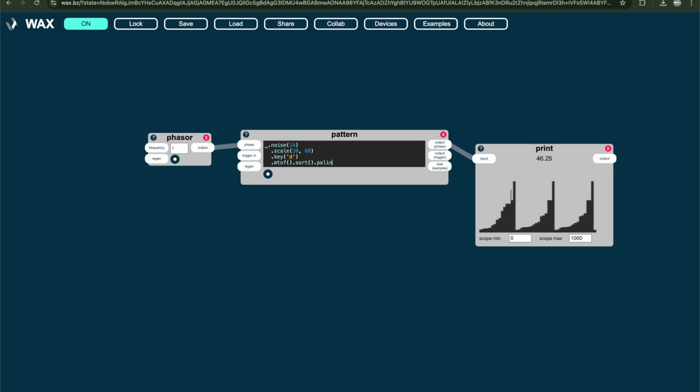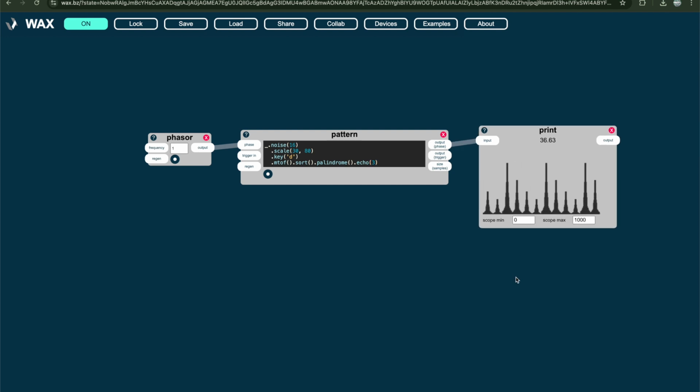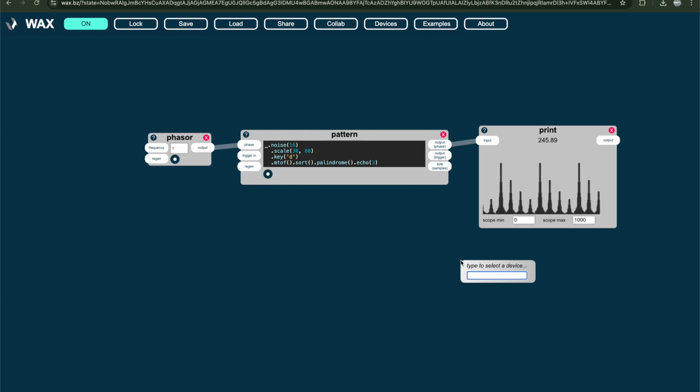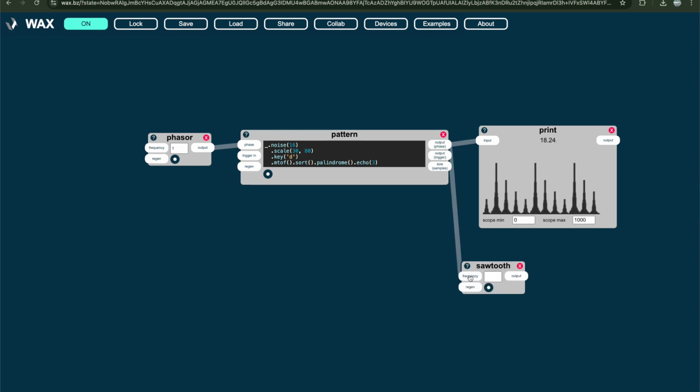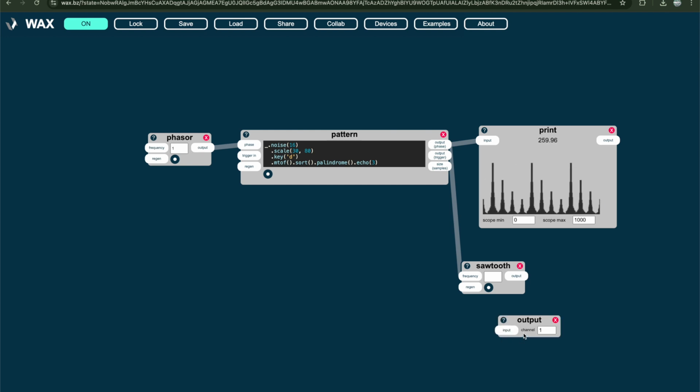And then if I do palindrome, now you can see it's a palindrome. Now if I do echo 3, it'll be the palindrome but echoed. And these should still be in the frequency range that you would use to connect to an oscillator. So for example, if I do that and I connect it to an oscillator, and then I add some output channels,